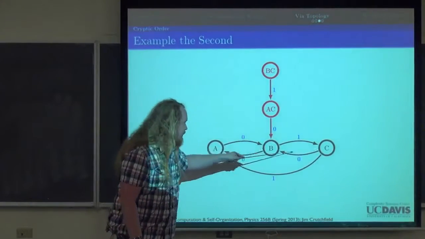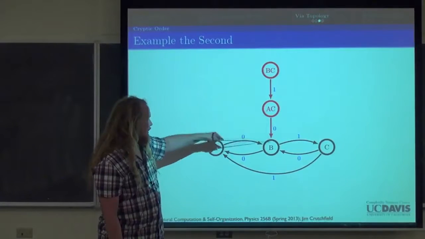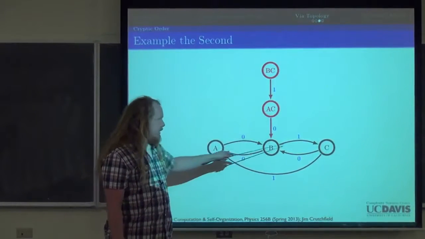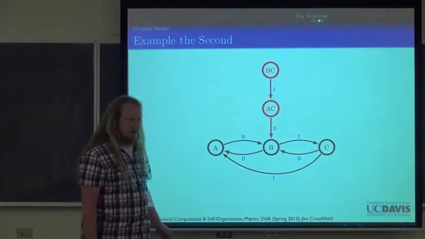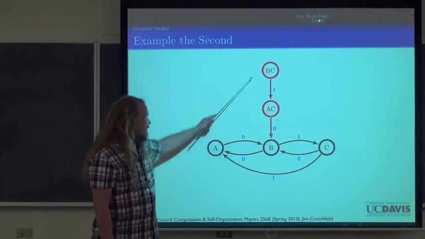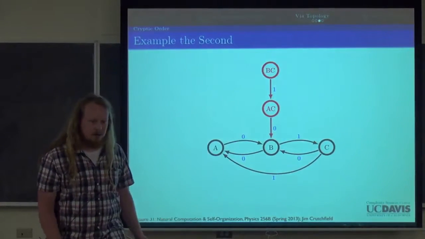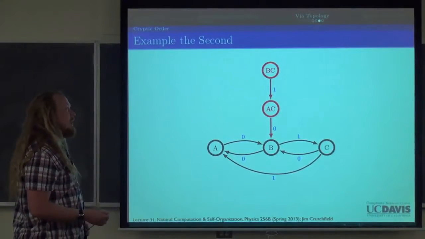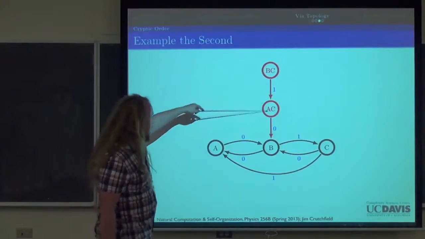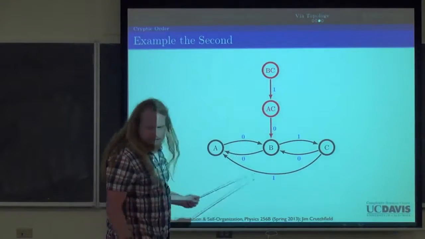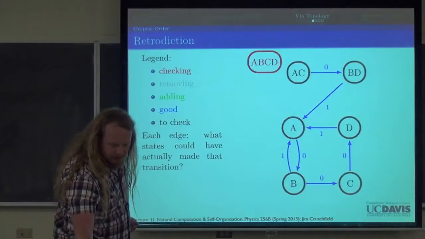Well, we can't retrodict this 0, which is this edge. But we might have seen a 1 before that, and we can't retrodict that either. Even though that would have led to a finite synchronizing word. If it starts with a 0 or a 1, 0, we know that if we go back quite a bit,